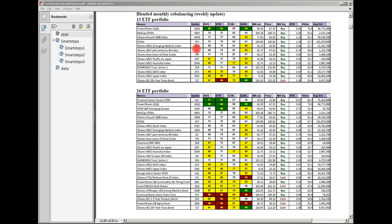Latin America and emerging markets have made a stealth comeback, and they're better than the rest of the globe. Treasuries are at the bottom of the stack, and TLT, the long-term treasuries, is the only symbol that's on a sell. In the 26 ETF portfolio, again,